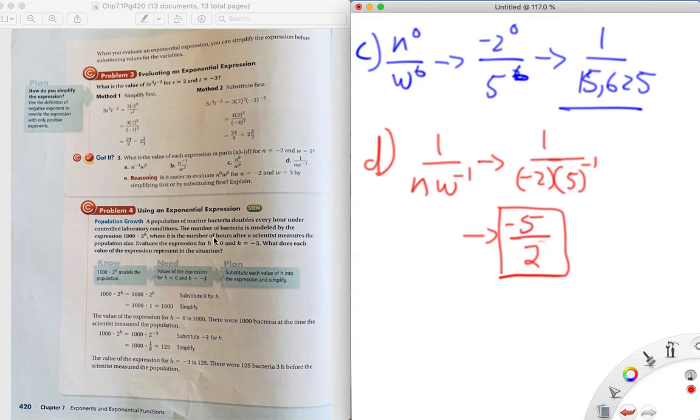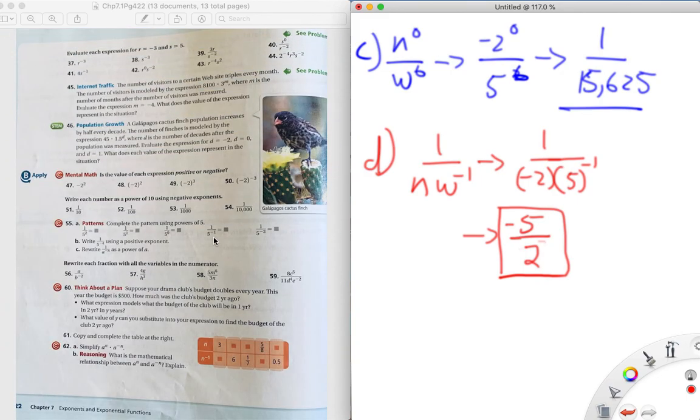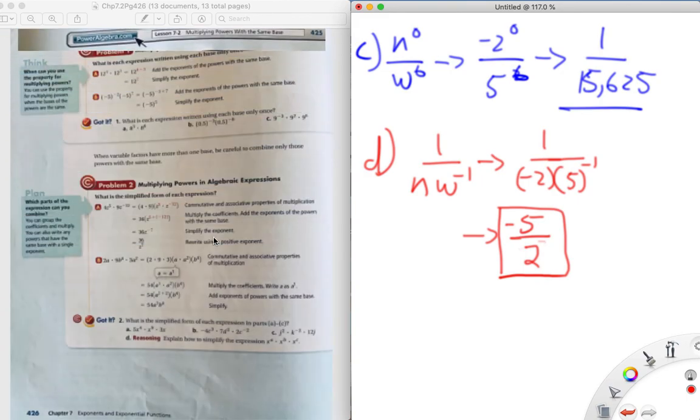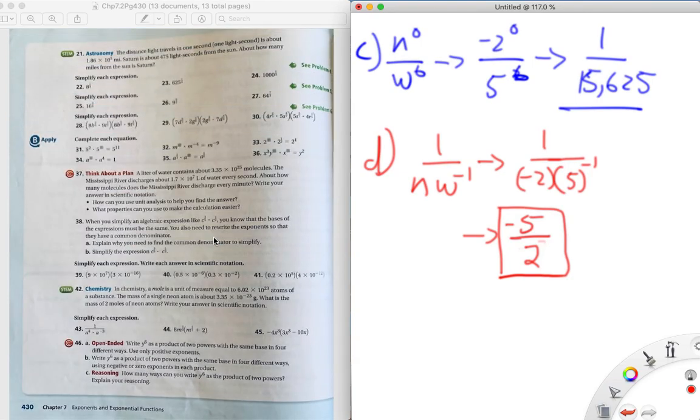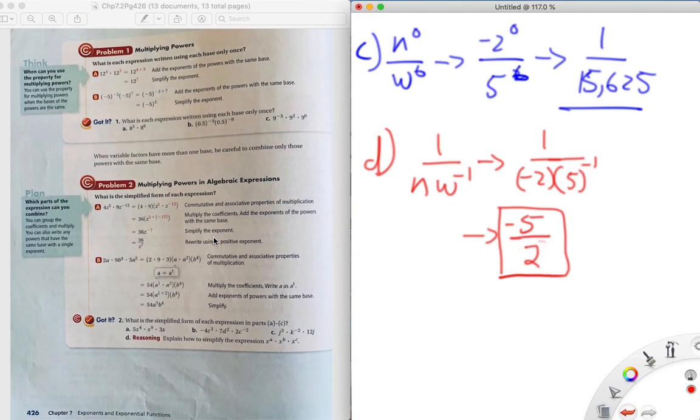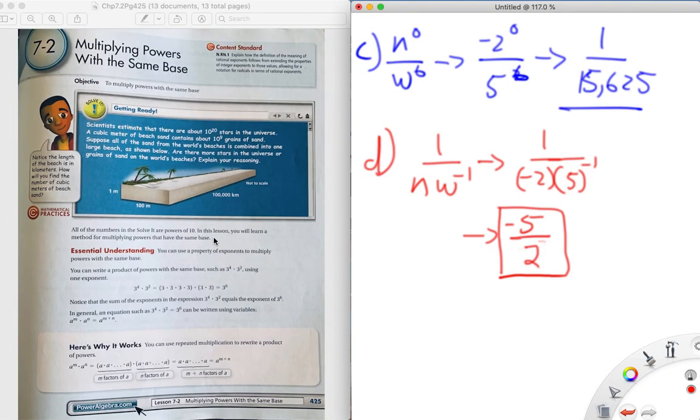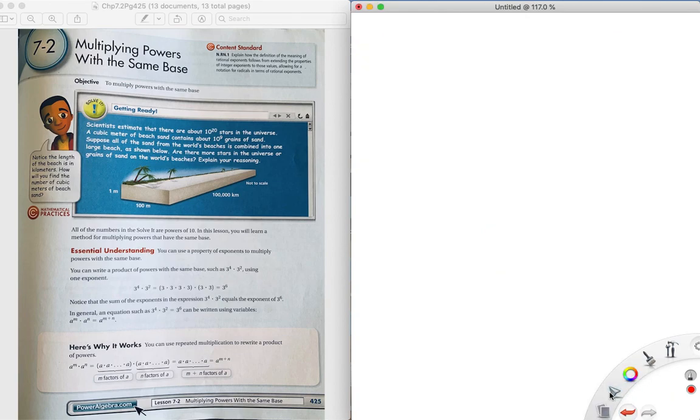Okay, and that's 7-1. 7-2 is going to be dealing with multiplying powers of the same base. So to refresh your memory,